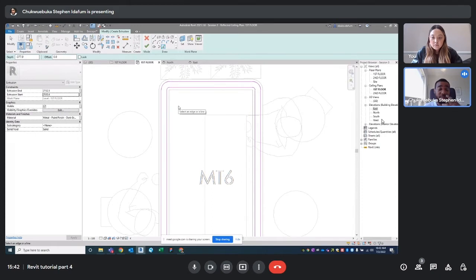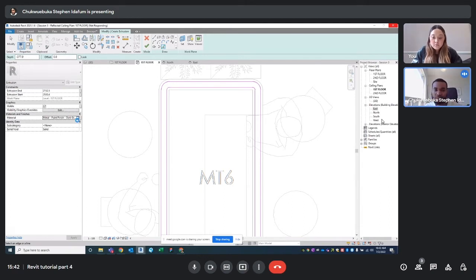Now let's give it the material that it deserves. So we're just going to go to material here and click on these three dots to actually change the material, because we don't want to have the same matte black finish. If not, it defeats the purpose of actually having a light fixture. Okay. So would it be like a light